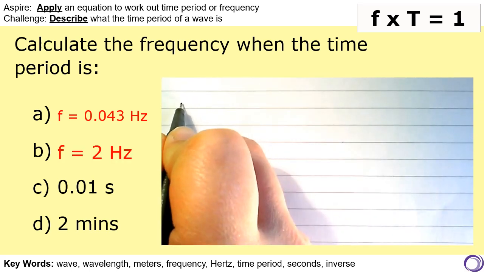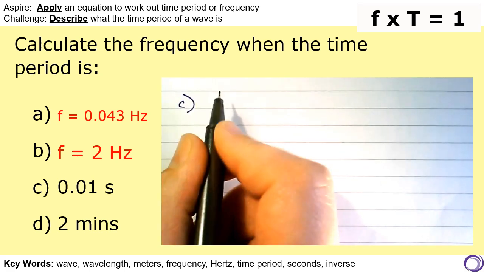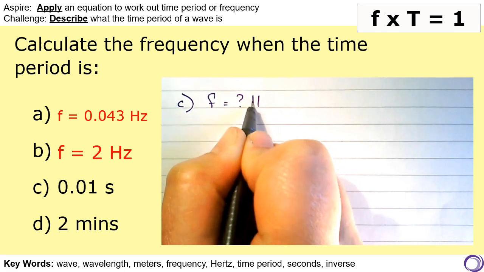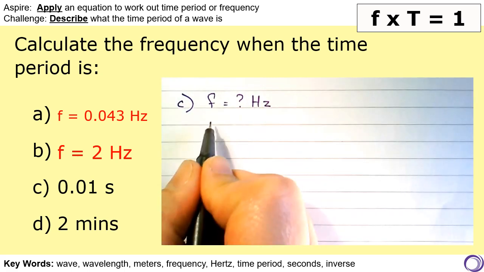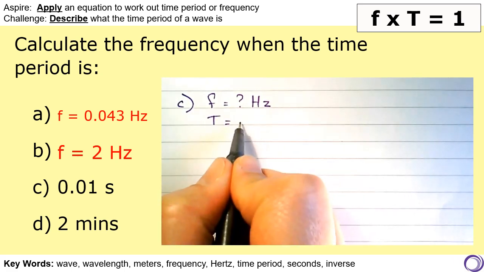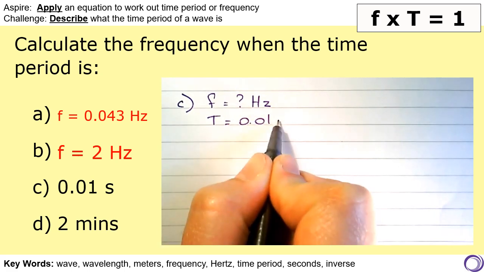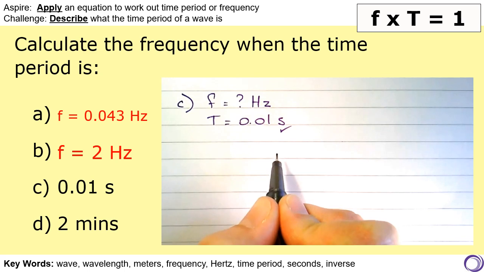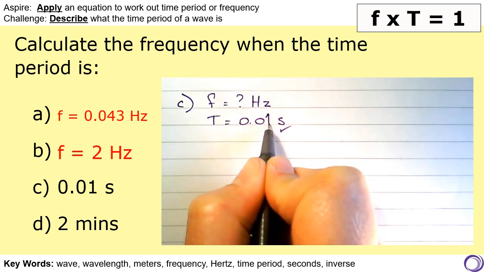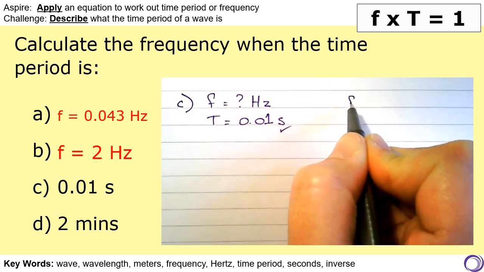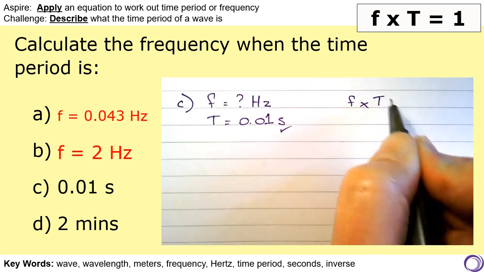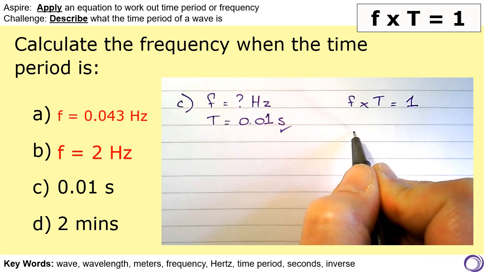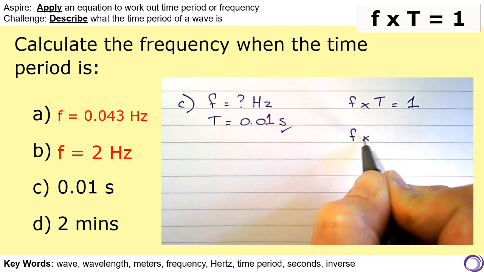Okay, in question C, again, I'm looking for frequency. So that's my unknown, and the unit is hertz. And the time period this time is 0.01 seconds. Is that the correct unit for time period? Yes, it is. So I'll write the equation. Frequency times period equals 1. Let's substitute the numbers in. Frequency times